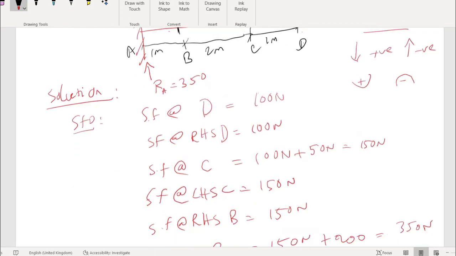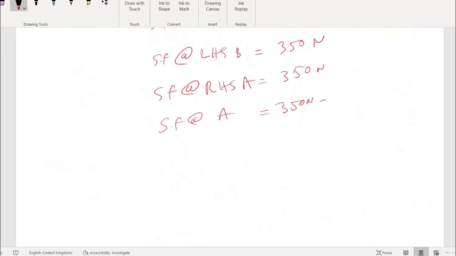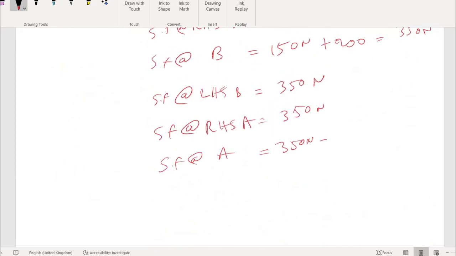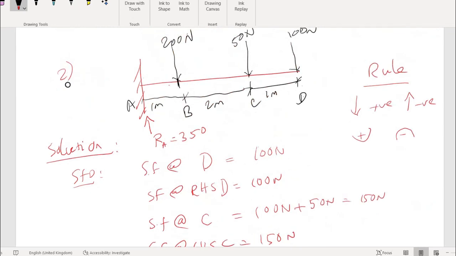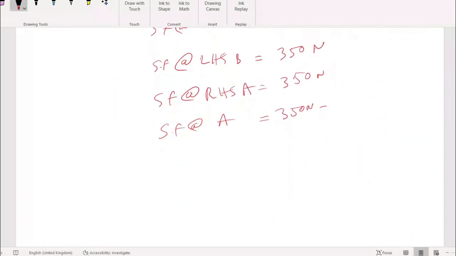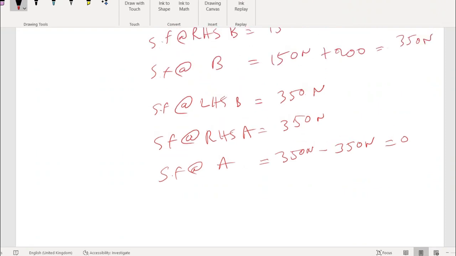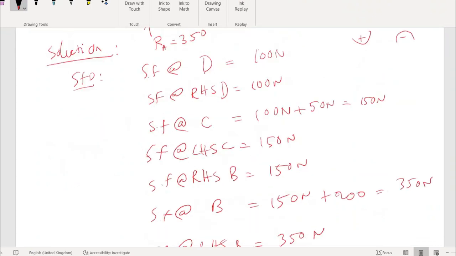So once you reach the right hand side of A, it is 350 only, right? And then at A, there is an opposite loading, a reactive force. There is a reaction caused by the fixed end. If it is a free end, no reaction, nothing there. Free or hanging. Now it's fixed, so you will have a reaction equal to 350. That's why I'm writing this as 350, which is upward, negative. Understand why I put negative here. End up with 0. So closing the loop already. At this point it is closing the loop already, so it's balanced.